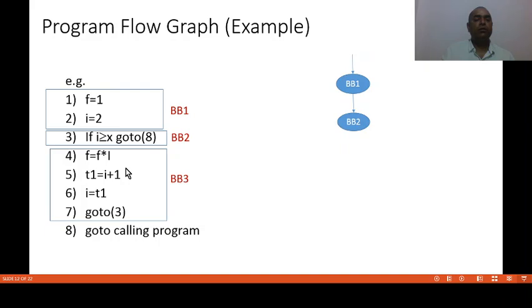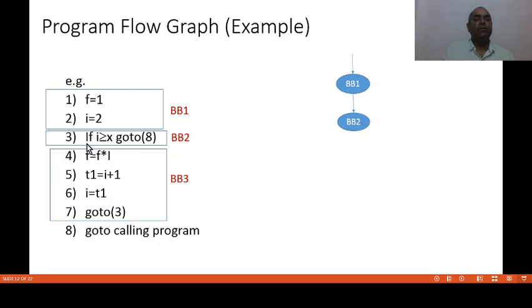Now for the block BB3, we can see here the target of block BB2 is 8. That means there will be an edge from BB2 to the 8th statement, or you can say the basic block in which the 8th statement will come.